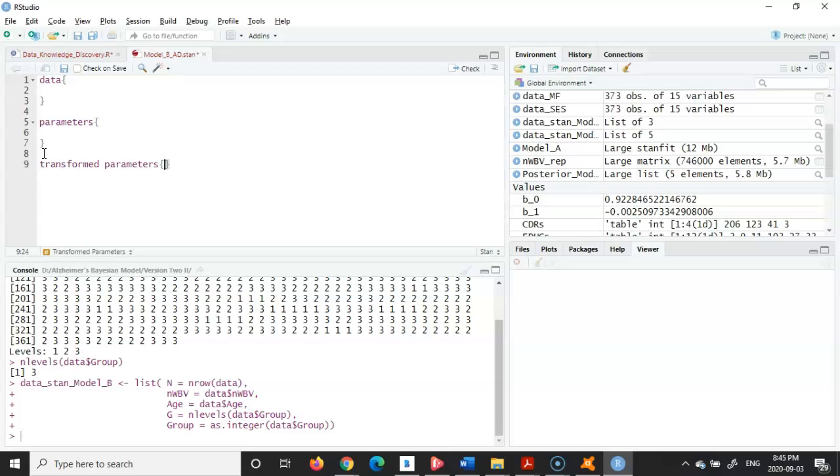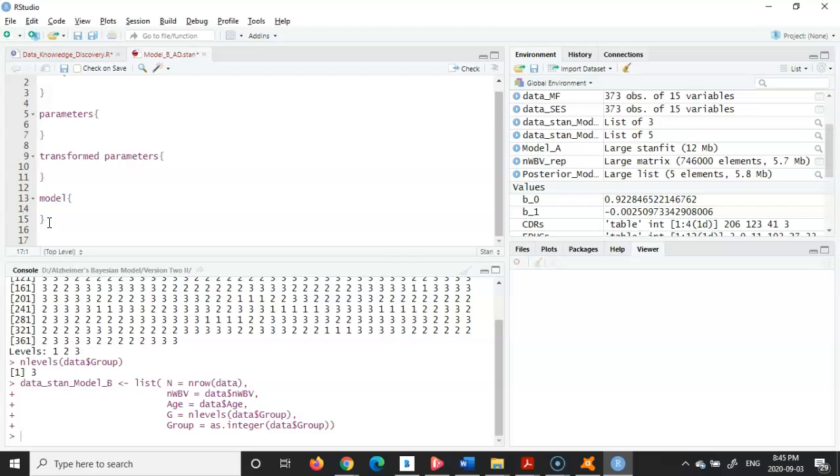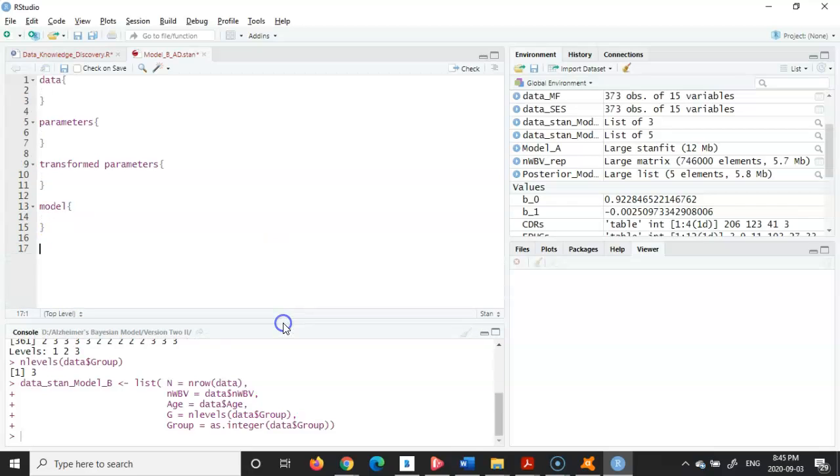That's the thing that we didn't have in our previous non-hierarchical model. And also, we have a block for the model. And lastly, we are going to have another block, which I'm going to call generated quantities,